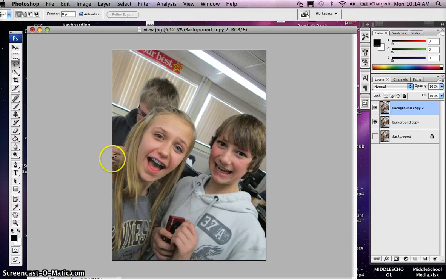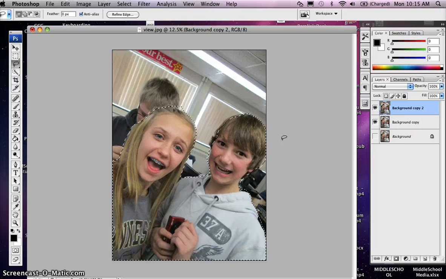I'm just going to try the lasso tool here, and I'm just going to go around my subject. I'm not being very precise. I could take more time. I could zoom in and carefully select, and I could use more than one selection tool here. I could use a magnetic lasso tool, magic wand, etc. Alright, and then I'm just going to go around and connect my lasso. Okay, so you see the marching ants, and I've got my subject selected,